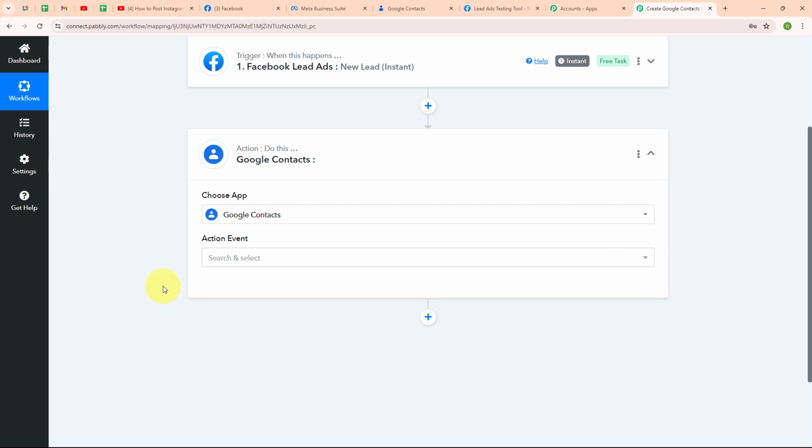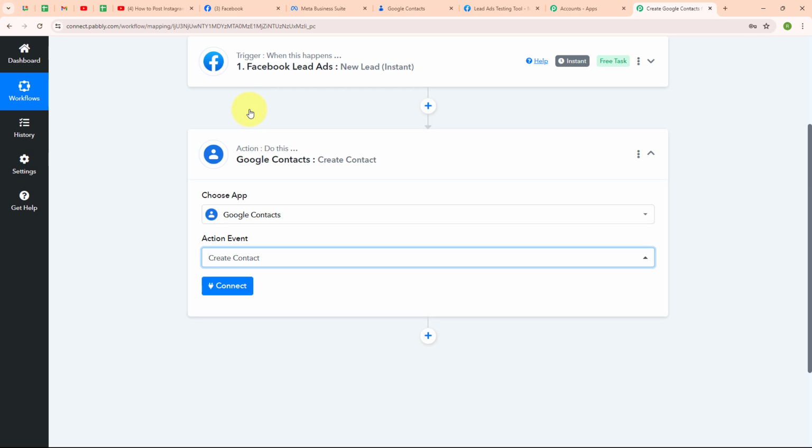And now here in my Google Contacts, I'm going to select my action event as Create a Contact, so that whenever a new lead is received in my Facebook lead ads, automatically that lead should be added as a contact in my Google Contacts. And now here to connect my Google Contacts with Pabbly Connect, here I'm going to click